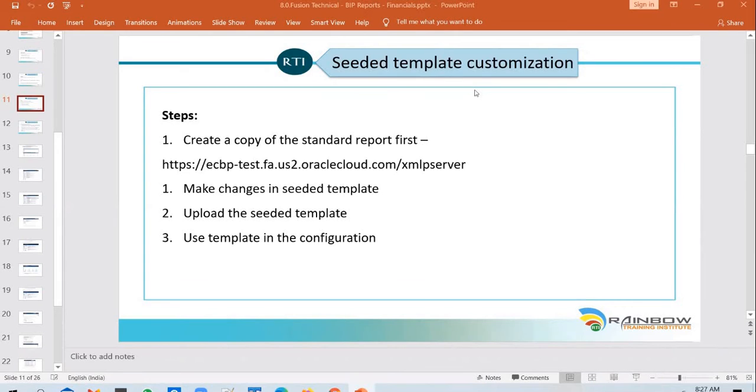I don't think you can migrate ESS jobs, the security roles, or the custom job roles that you create automatically. At the moment, I believe you have to do it manually, but very soon you might see a feature to migrate it automatically. For most of the features, yes, we're getting them one after the other. Oracle is trying to give an option to move them automatically.